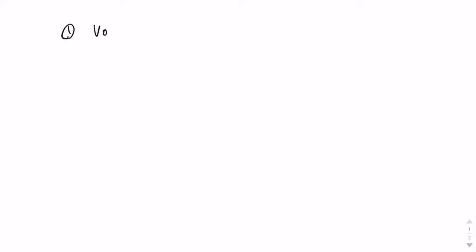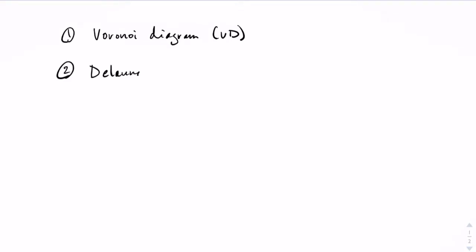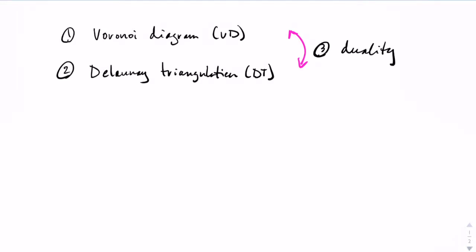In this lesson, we will discuss 5 topics. The first one is the Voronoi diagram. The second one is the Delaunay triangulation. And after that, we will look at the duality between these two data structures. That is, these two, the Voronoi diagram and the Delaunay triangulation, represent the same thing, simply from a different point